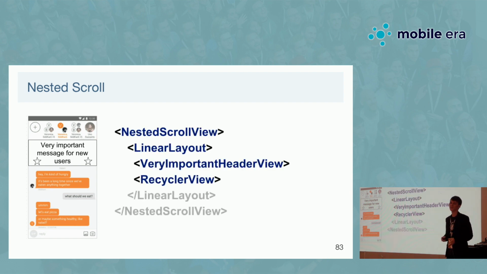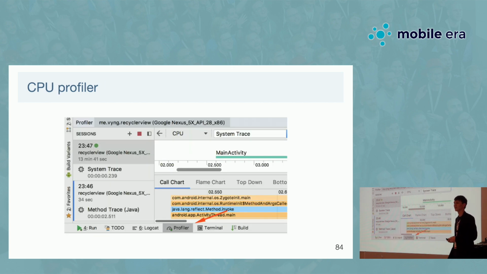And you think, okay, I don't want to mess with all this get view by type and so on, so I'll just put in a NestedScrollView, add a LinearLayout, and everything will be fine. And it really will be fine until you have, I don't know, 5, maybe 10 views inside of this hierarchy. But when you start to put something more there, you'll have a problem. And if by some accident you run into this case and you see that our FPS is low, here is how you can find it.